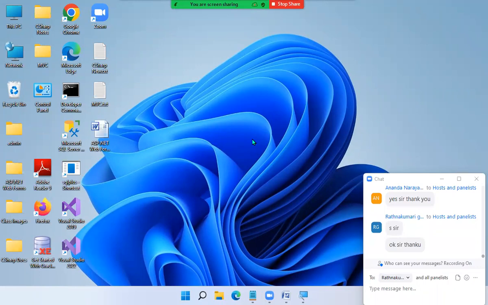If anyone has an old version of Visual Studio on your systems, you can install 2022 on top of it, no worries. It doesn't take that much space. Suppose, sir, I already have 2019 or 2017 on my system. Is 2022 going to consume more space?